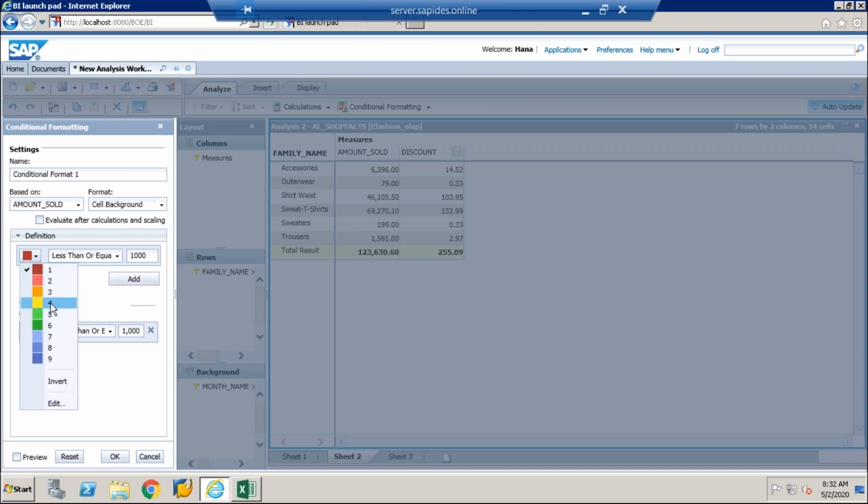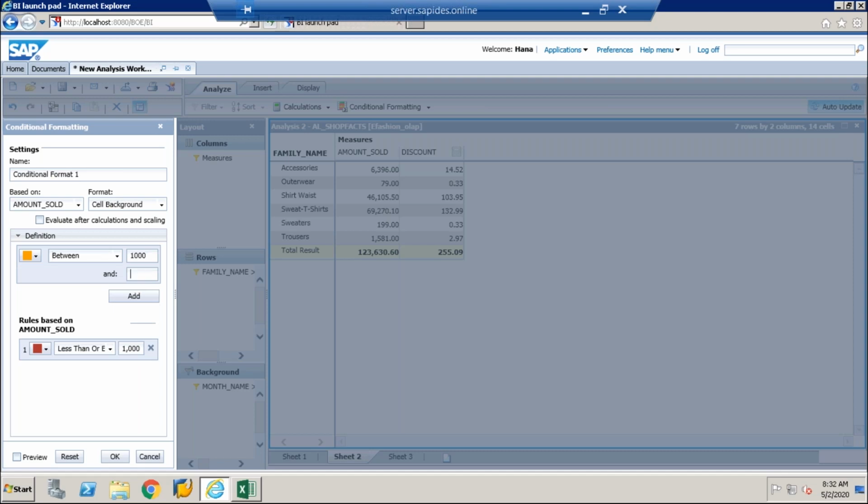Then I'll take average, it's a between, 1000 and 10,000. Average. Green is good sales, greater than 10,000.